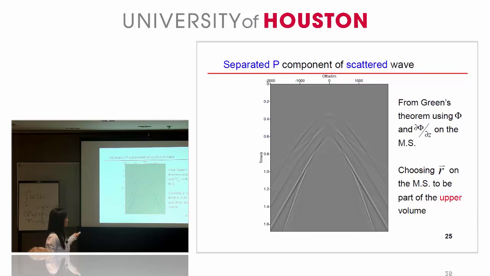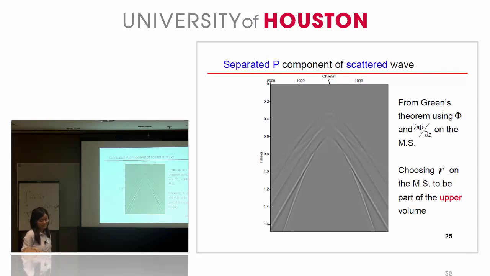And similarly, if you put your output point on the measurement surface, but to be part of the upper volume, you can get your reflection data separated. Okay, now from this example, we can see the gradient theorem has its capability to effectively separate the reference wave